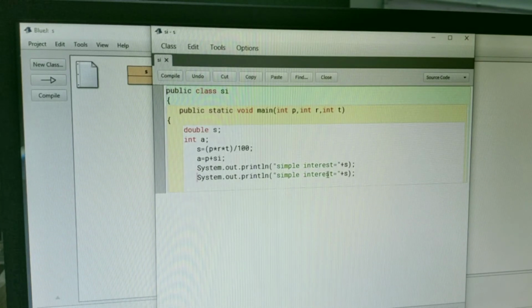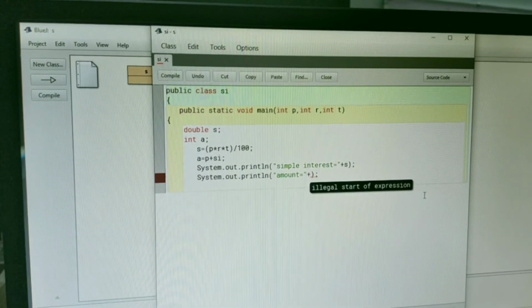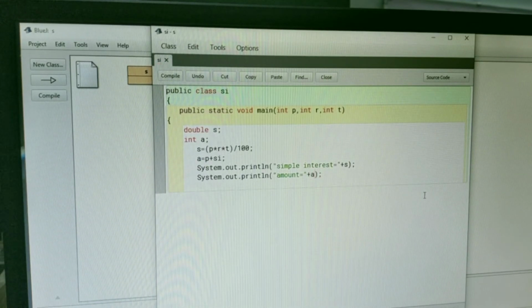In place of simple interest, we write amount is equal to, then quotes close, then plus. The amount is stored in which variable? We are storing it in the A variable. This is the variable for storing the amount, so we write A here. It will fetch the result from the A variable. The bracket is closed and the semicolon is also done.